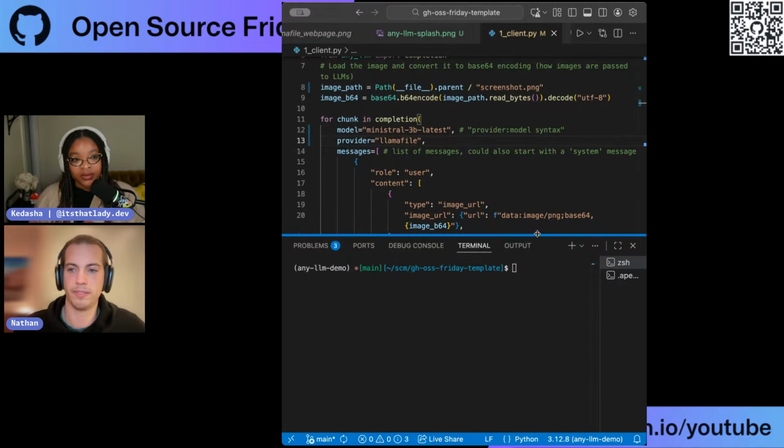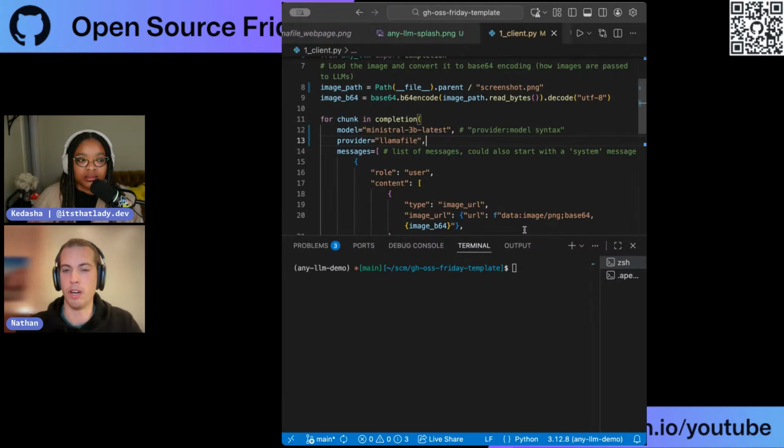Cool. And what would you say is the correct abstraction level for retry logic: provider, client, or application layer? That's a good question, because we definitely took the approach of not putting that into any-llm, to make it really customizable. If you want retry logic for your application, you may have very specific rules about when you want to retry or when you don't.